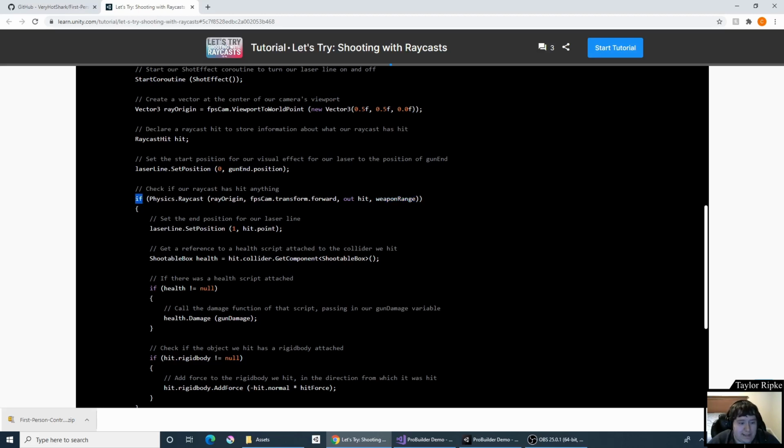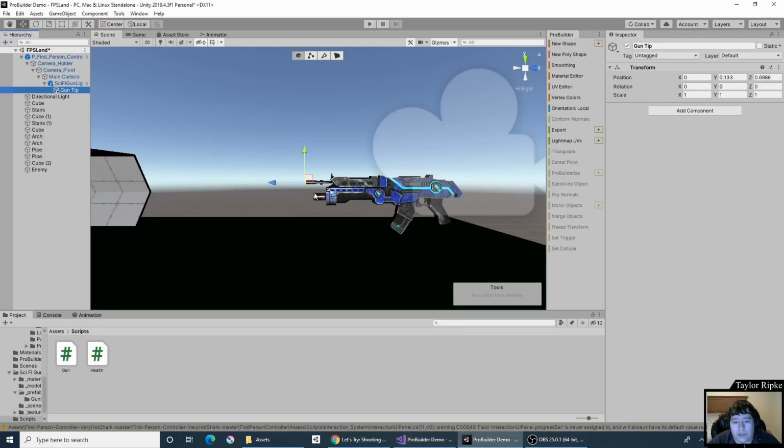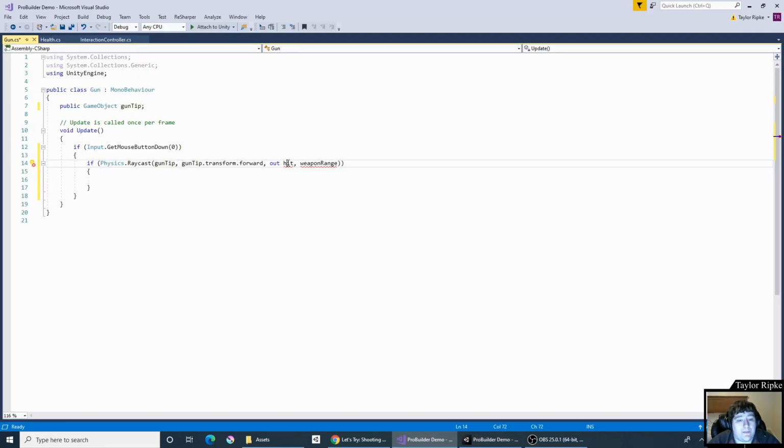So I'm actually going to steal this thing because I am going to use it right here. So pasting that in now, and I think we're going to be missing a closing one of those. So if Physics.Raycast, where do we want to start from? Well, I'd like to start from the gun tip. I think that's a good place. I want to go from the gunTip.transform.forward, which in this case is going to be this blue line extending out from that. I need something to put data into, so let me just write the code real quick,